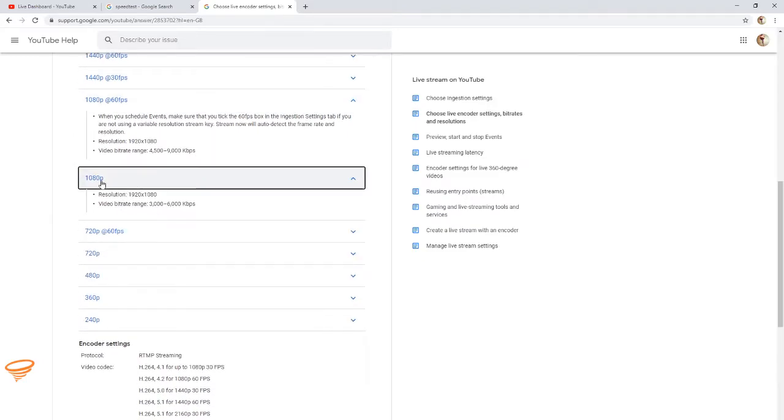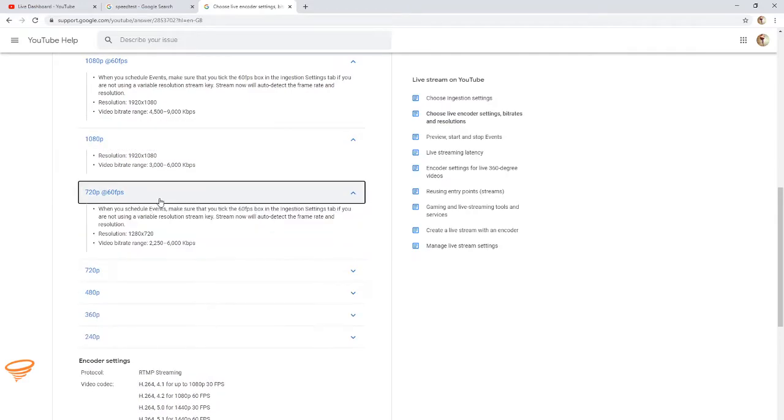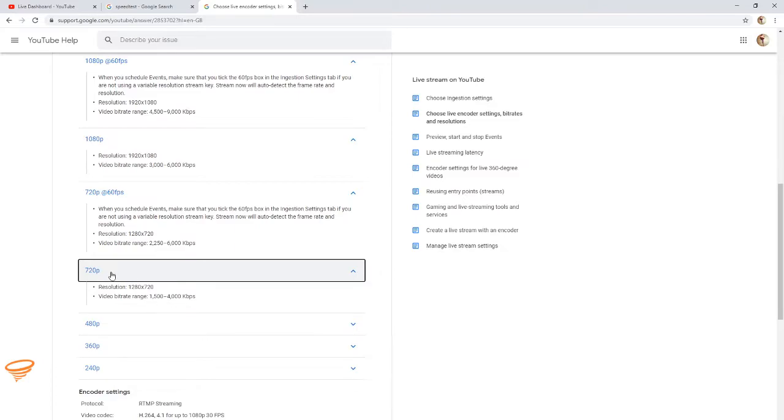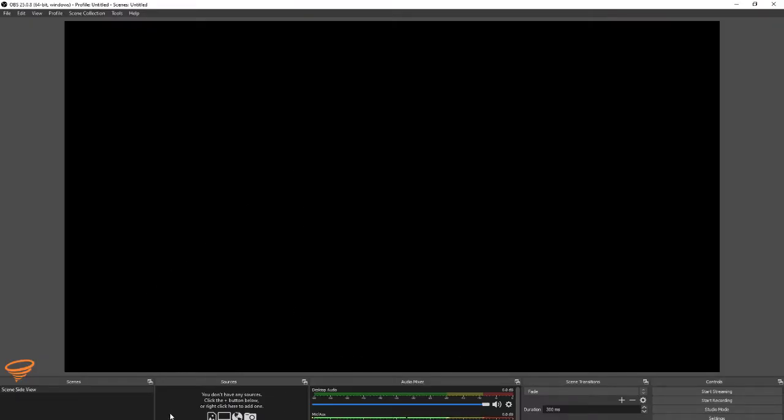So even 1080 at 30 frames per second would be about 3 megabyte upload. 720 at 60, I'm probably capable of doing that if my graphics processor would allow it. So really I'm thinking of 720p at 30 frames per second would be somewhere to start. Then I could try to push it to 720 at 60 frames per second. So let's now go over to OBS and let's set up a couple of cameras